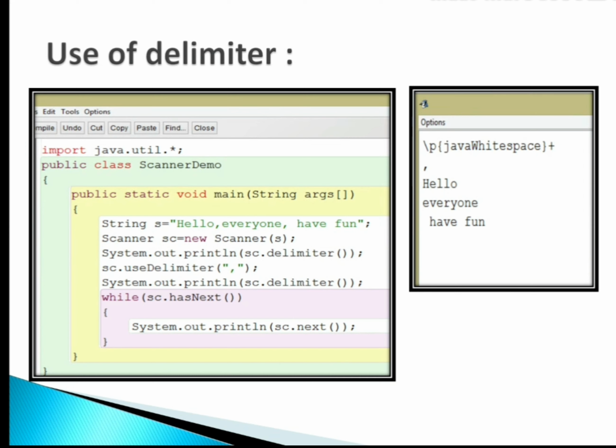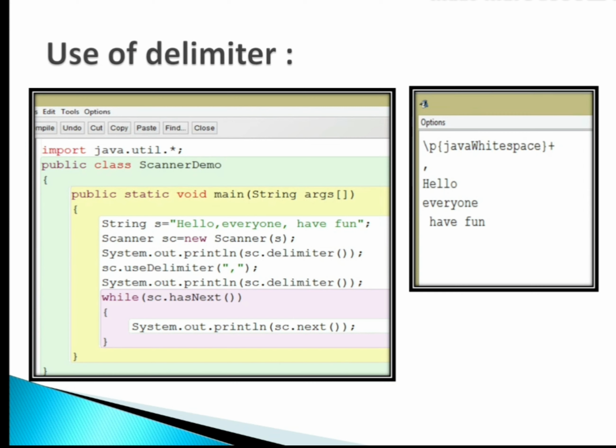If it provides me true, then I'm ready to accept that token. next provides me the token. I told you previously that a set of characters separated with a delimiter is a token, and now the delimiter is comma.